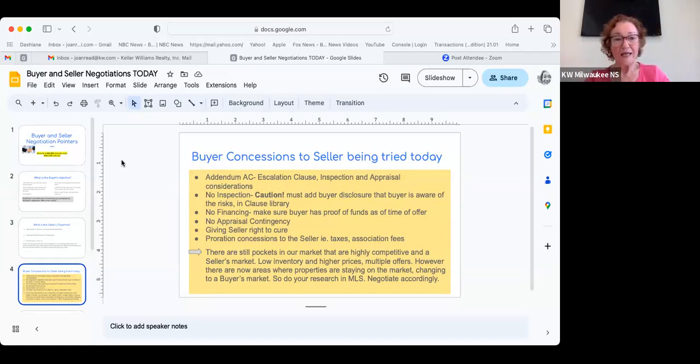Now, if you're not using the addendum, and there's no inspection whatsoever, there is a disclosure that the buyer has to add to their offer to say they're aware of the dangers of not having an inspection. But say your buyer is a renovator or an investor or somebody that's going to do some work in the house and doesn't care about an inspection because they're going to tear it all up anyway. Just make sure that your buyer is smart in making this decision.